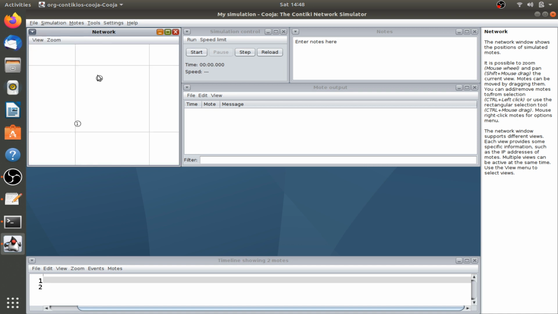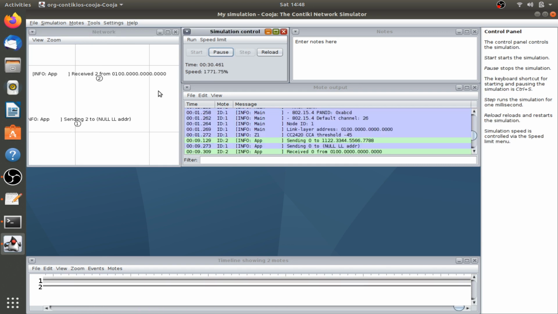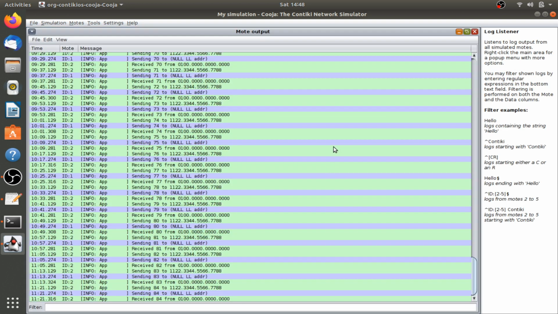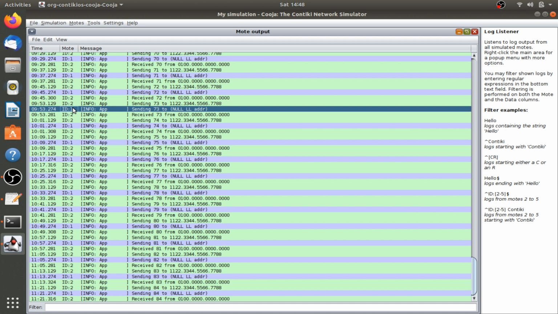So once we enable printf statements, we will start the command here. Now we can see that once I started it, both the packets have been exchanged. You can see here, I just elongate this window. Node id 1 is for broadcast and node id 2 is for unicast. So I have programmed node id 1 with the broadcast and node id 2 will be unicast.